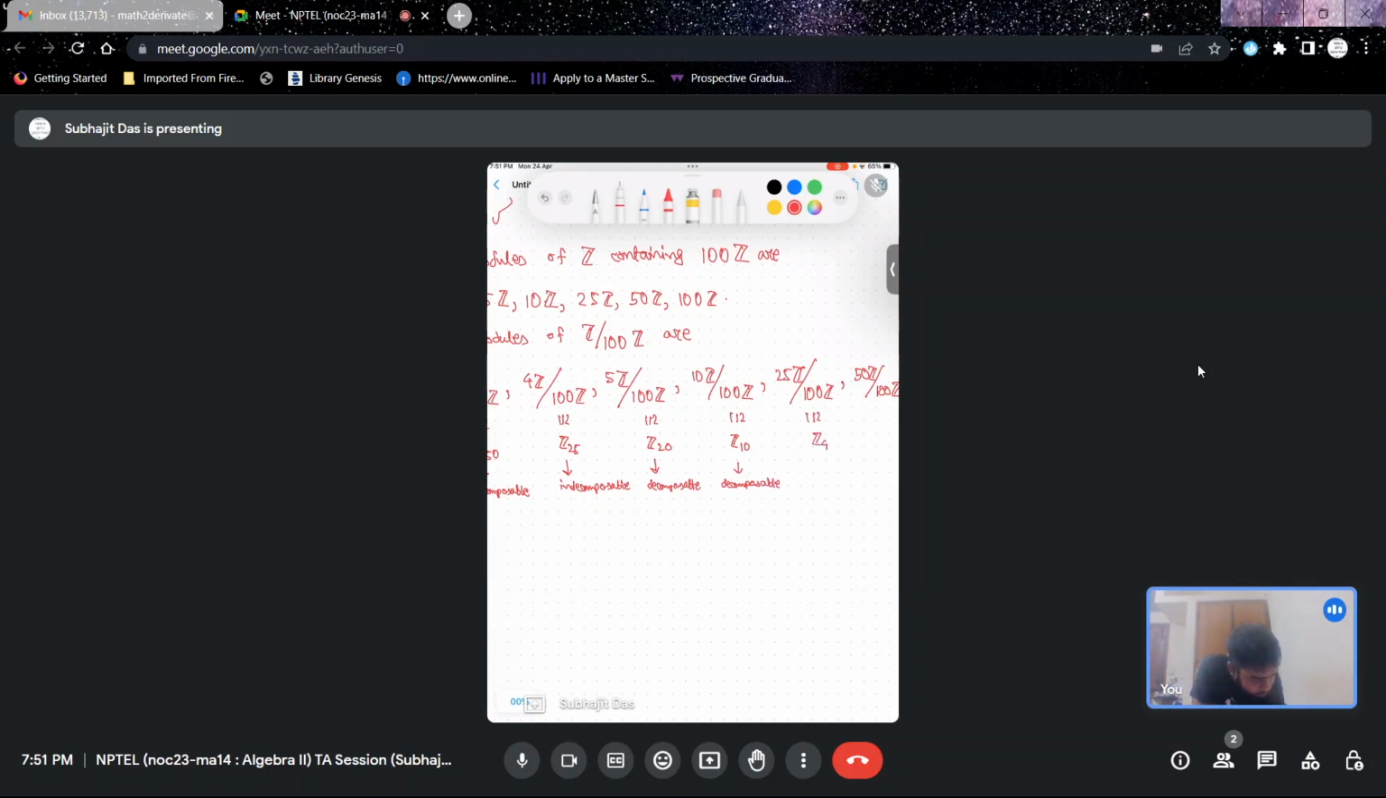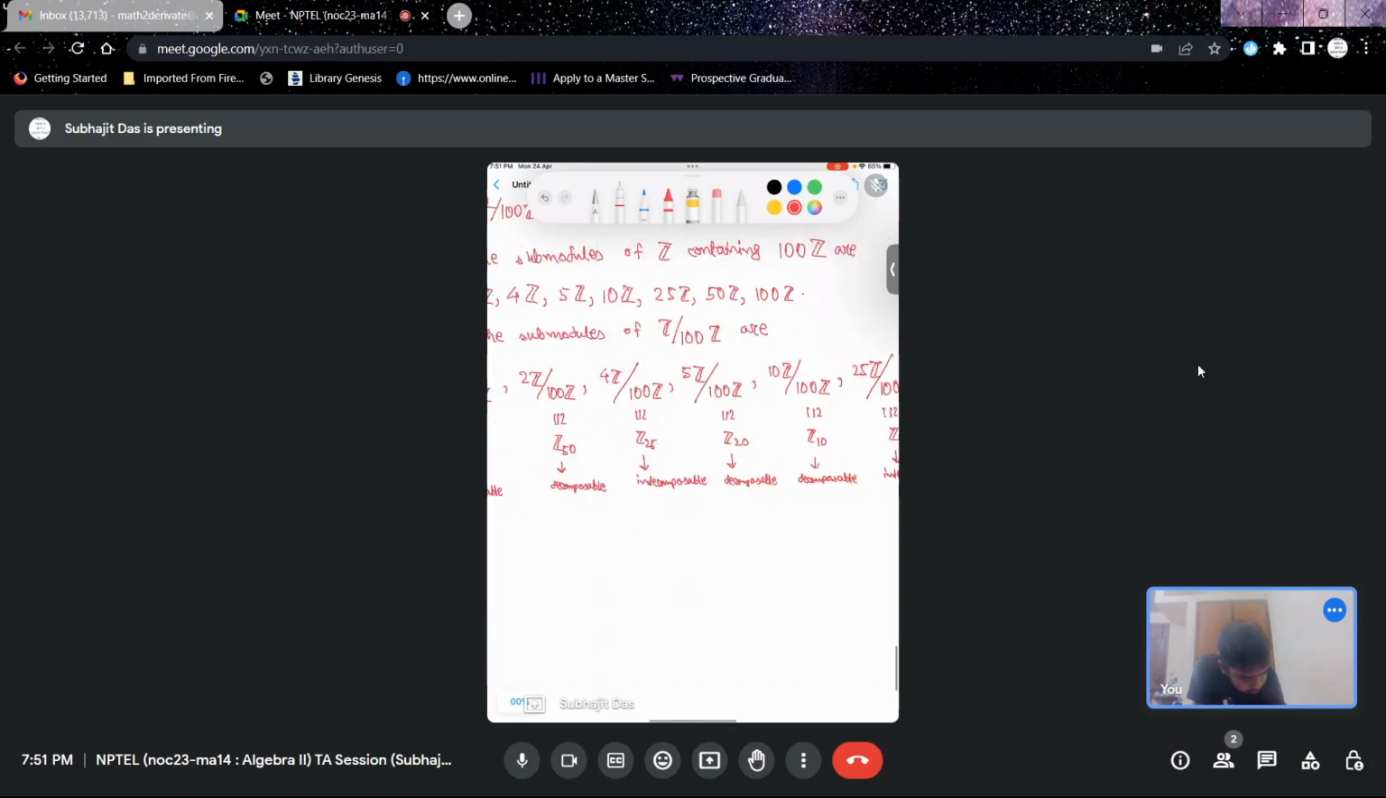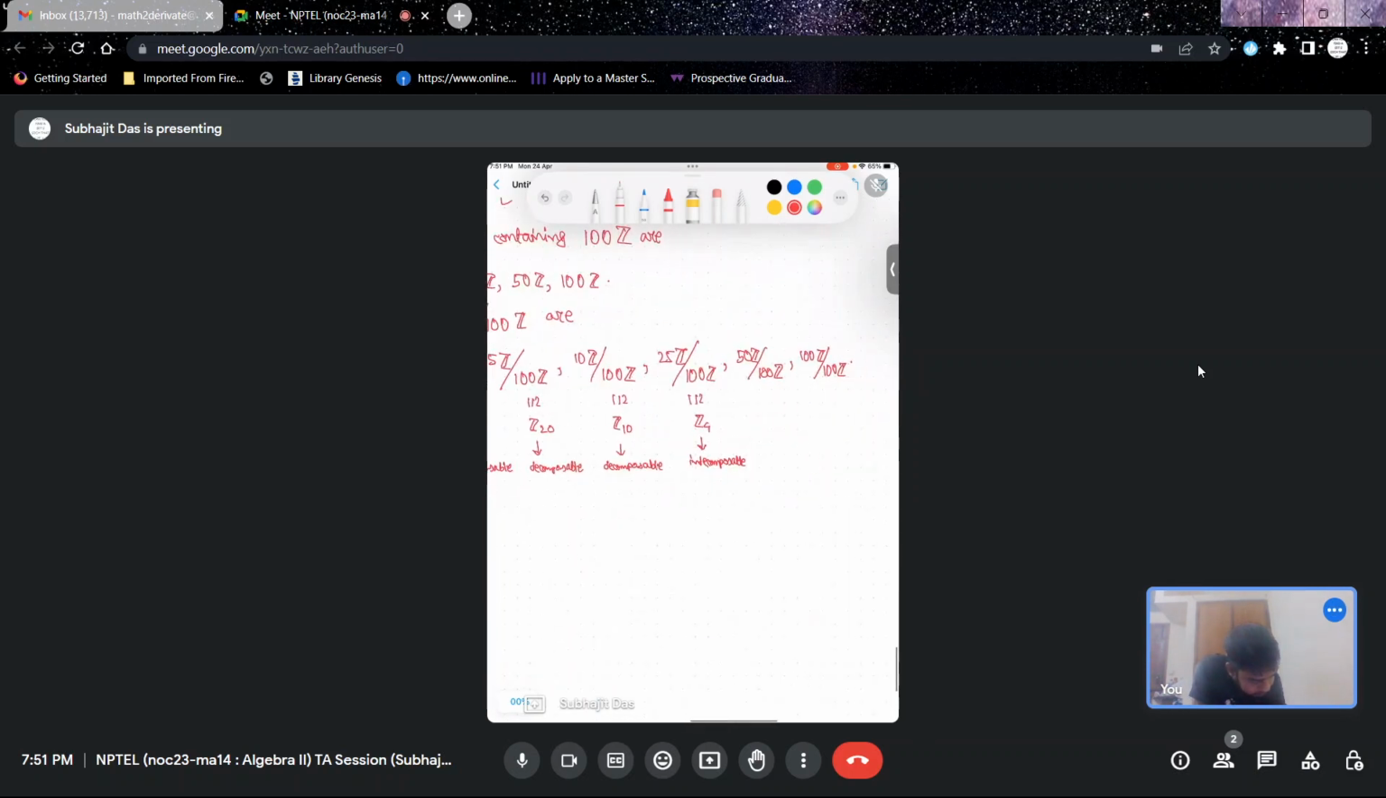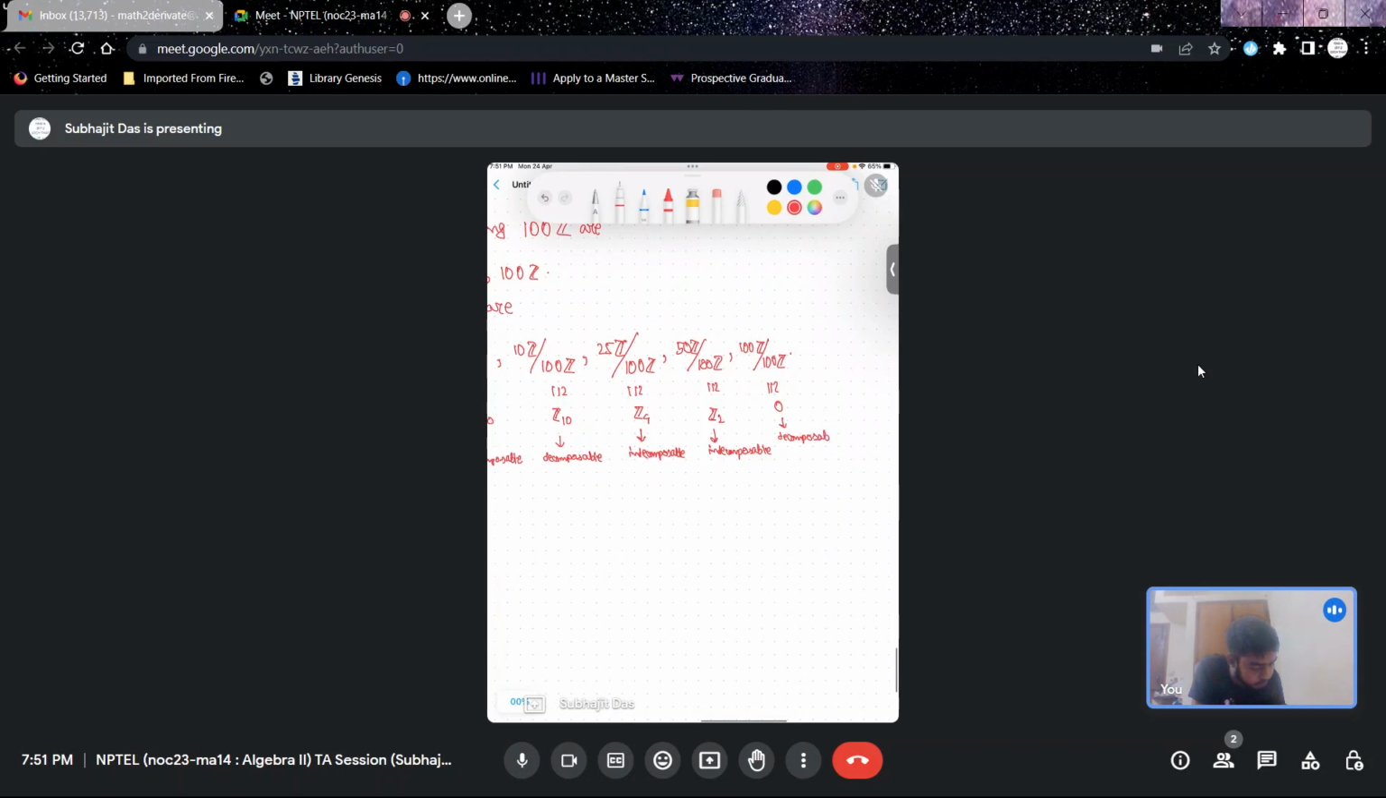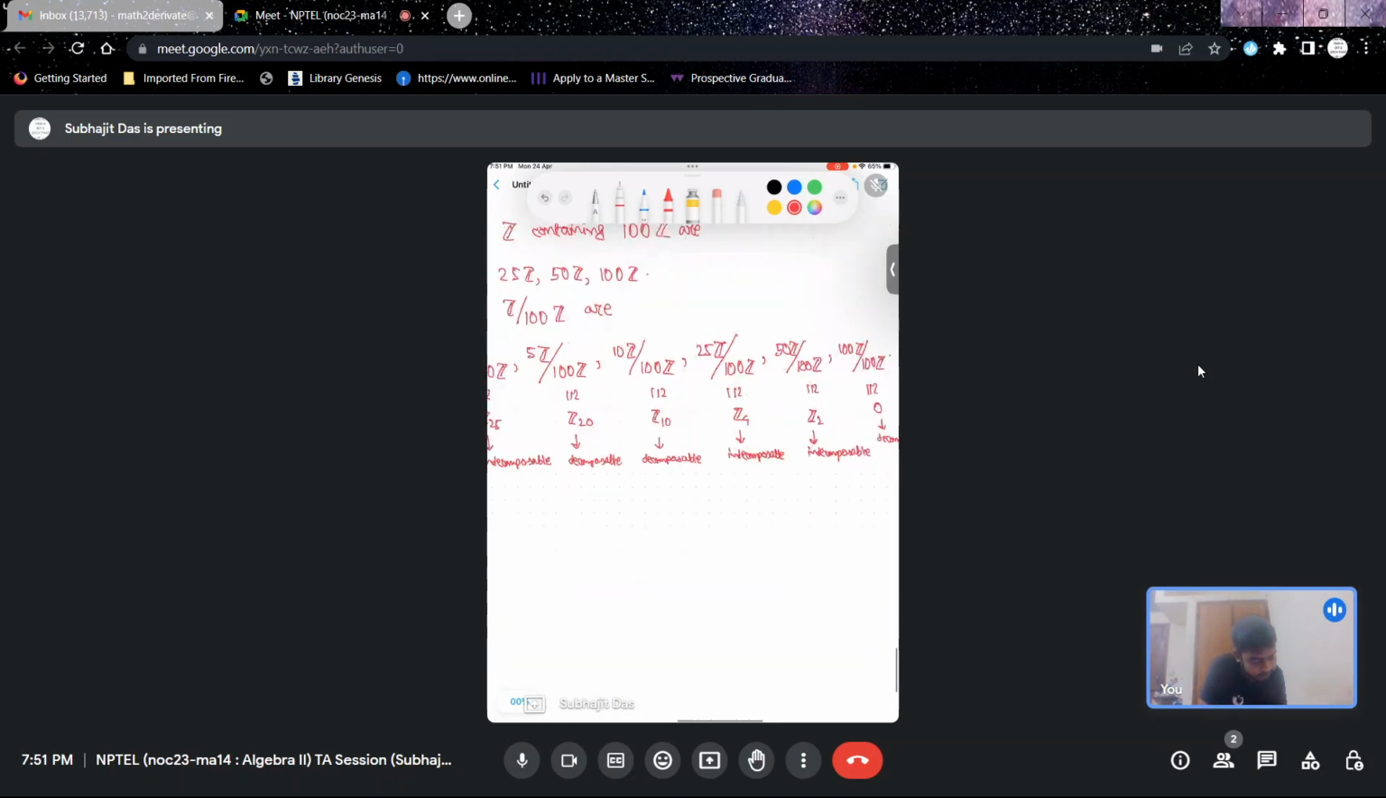This is Z4, which is indecomposable, and this is Z2, which is indecomposable, and this is just 0, which is by definition not indecomposable, because we want indecomposable modules to be non-zero, right? So Z4, Z2,